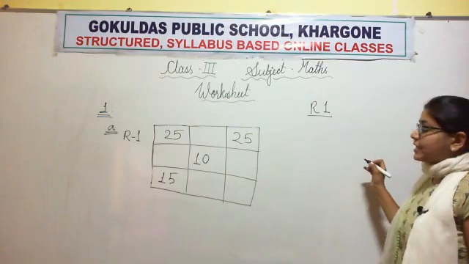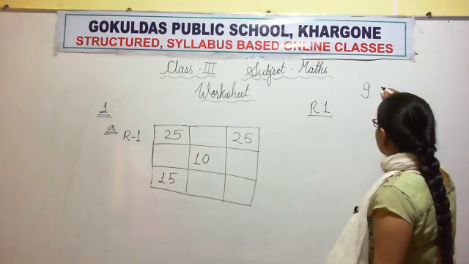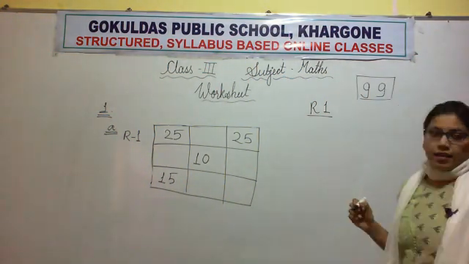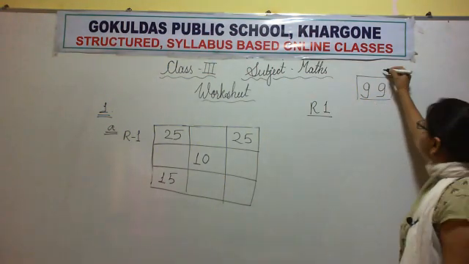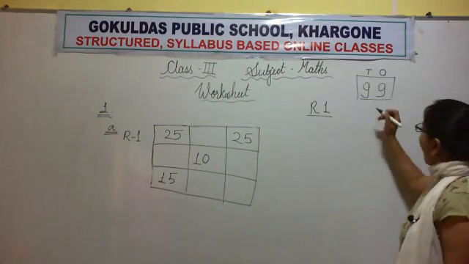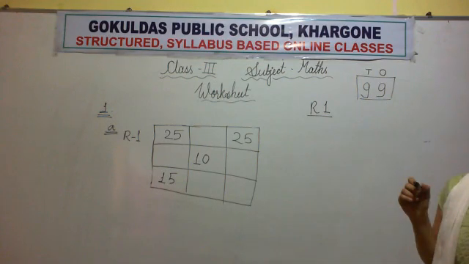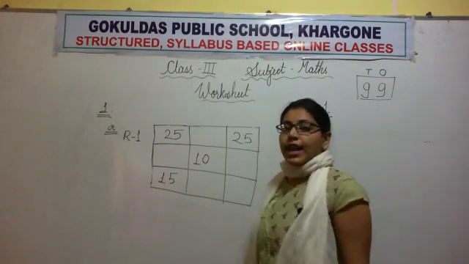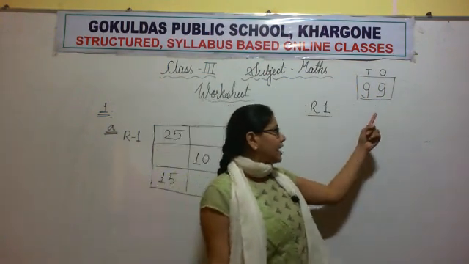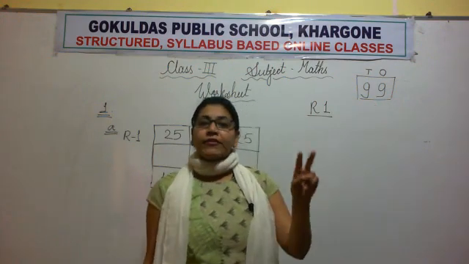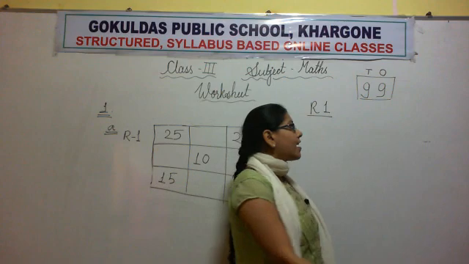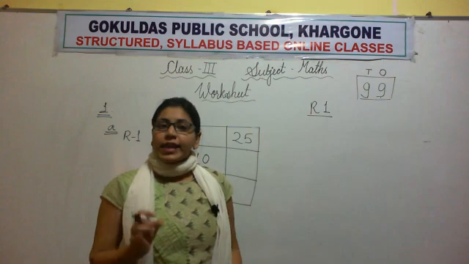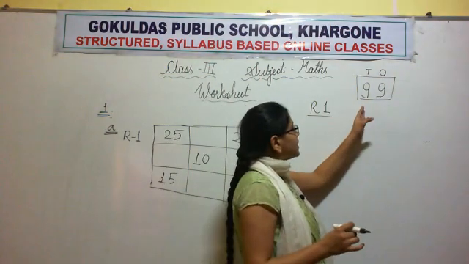First of all, let us see the number 99. This is 99. This is what we have to bring. So let's see how 99 looks like. 99 is having 9 at 1's place and 9 at 10's place. How many digits are there? 1 and 2. 99 is having 2 digits and both the digits are 9, 9. It means we need to make both the places 9, 9.